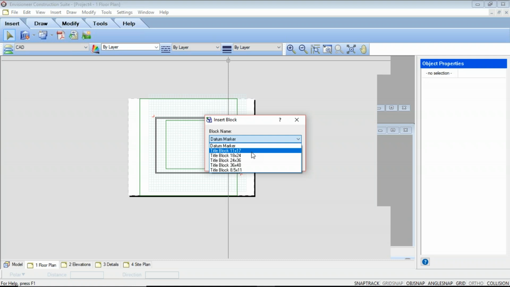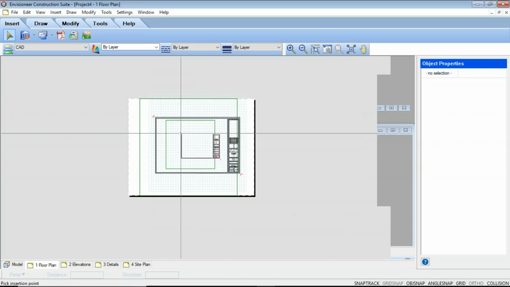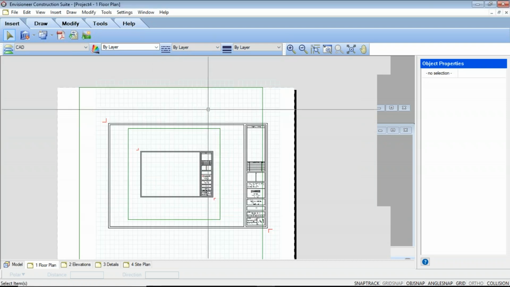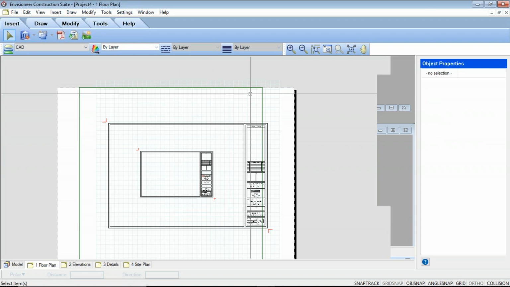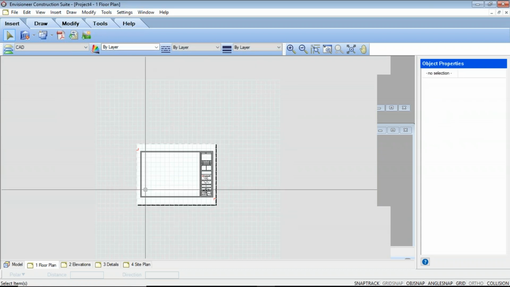So if the template that you're going to be creating needs to use an 11 by 17 or 18 by 24, then make sure you insert that into your sheet area first, give it the proper naming convention, add that in, and then we'll just take this, delete this out, delete this out, delete this out, and